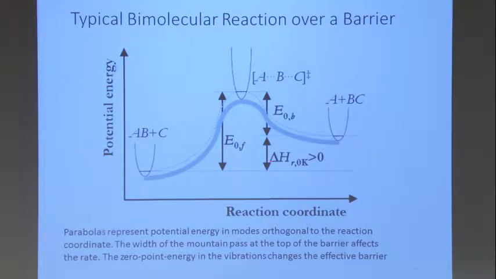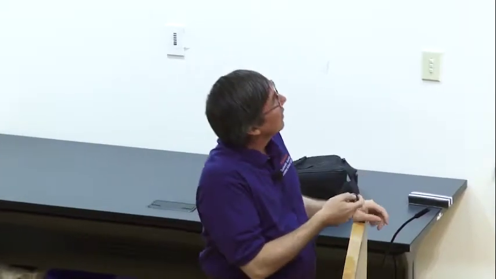And the difference in the energy between this zero-point and that zero-point is what we call delta E0. That's the zero-point corrected difference in the energy. So if I was doing classical mechanics, I would be very concerned about the energy difference between the bottom of the valley and the saddle point, or the altitude difference there. That was the energy that I have to go up. But now I'm correcting it for the zero-point. I'll get a slightly different number because I'm going from the zero-point of the valley to the zero-point of the transition state. All right.